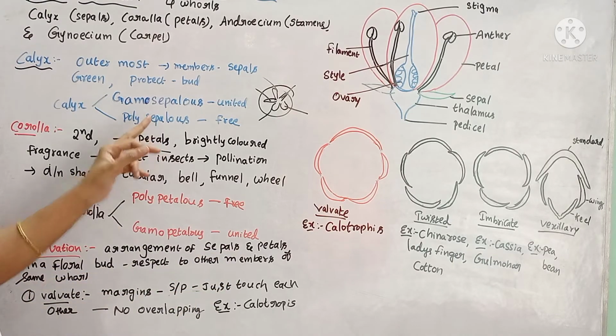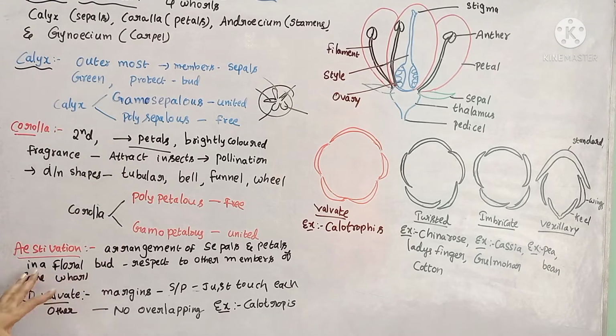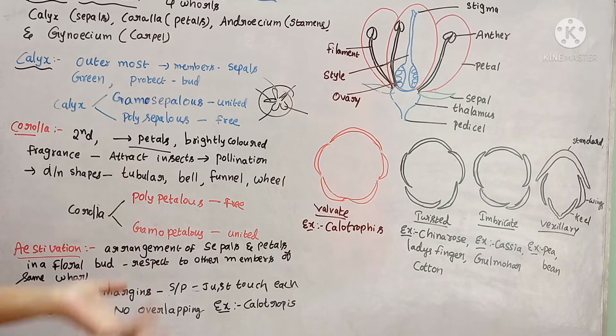Here it is sepalous, it is petalous, that's it. And another one is aestivation. Aestivation is the concept regarding this calyx and corolla only. Here aestivation is nothing but arrangement of sepals and petals in a floral bud with respect to the other members